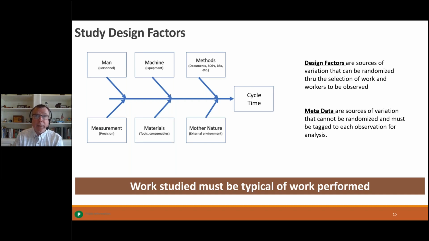So we can't just go out and pick 5 people from a certain location and do a time study. We need to be very deliberate in understanding what the normal causes of variation in the process are and what the special causes of variation in the process are. For those normal causes of variation, we try to pick our sample so that we randomize those. For those special causes,